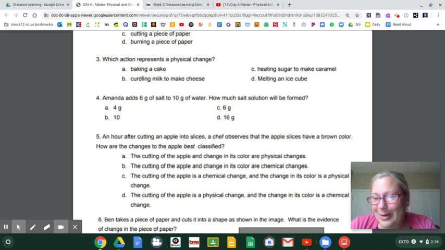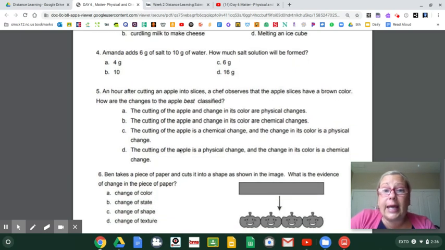Don't do your math wrong, babies. Get that one right. The mass stays the same, so just add it up. All right,